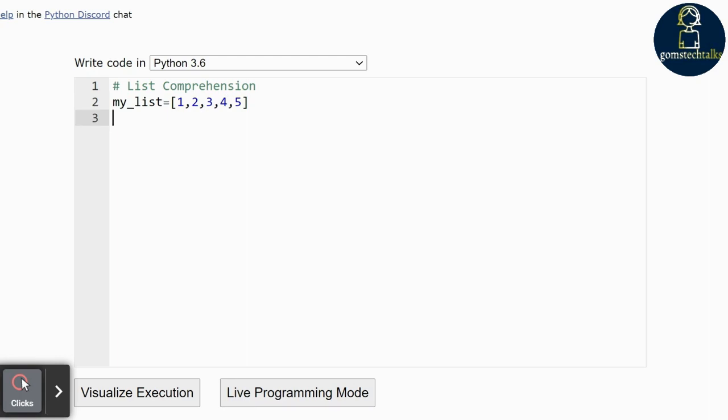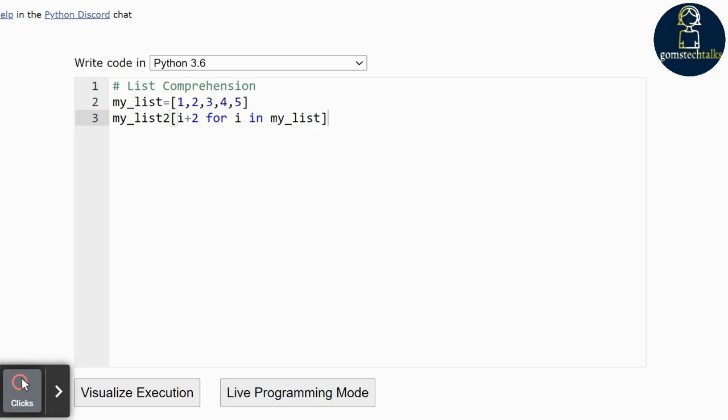Then in my list 2 I'm going to use i plus 2 for i in my list. Now I'm just adding plus 2 instead of the first i. I have used plus 2,